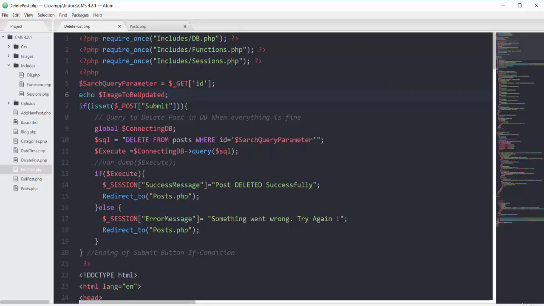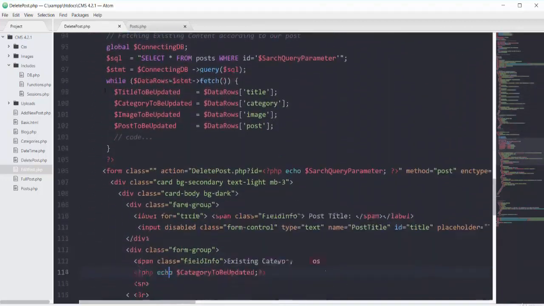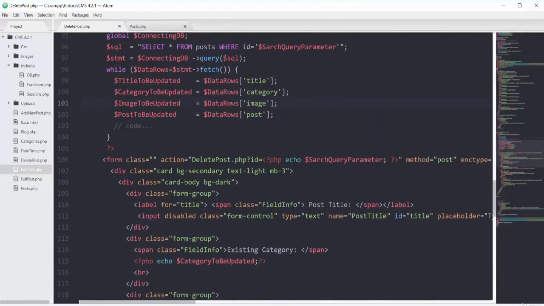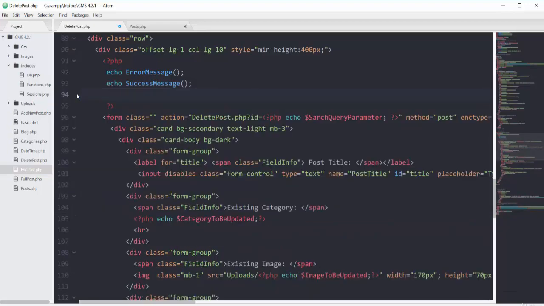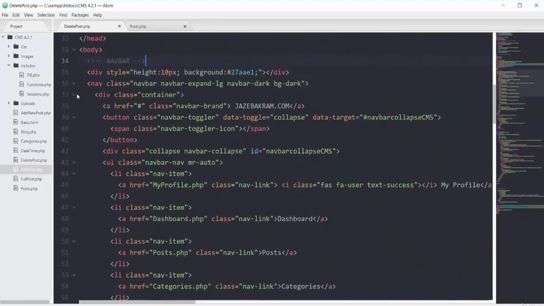So before echoing some variable or before using some variable, we have to declare that variable. So we are declaring this variable on line 101 right here. So we cannot access this variable if we declare this variable after. So I have to cut all of this code from here because it's a one-time while loop that will fetch only one post and its ending is not iterating the HTML content. So I can cut this code from here. Now moving up.